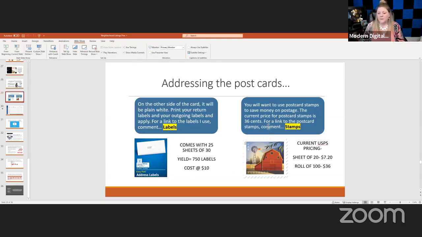Now, most people know that the cost to mail a postcard is a lot cheaper than a letter. It's 36 cents for a postcard stamp. And they've got some really cute ones. I went on the USPS site and grabbed this image. So they currently have this barn stamp. I love it. Maybe you don't care about things like that. Maybe you just want to throw just a random stamp on it, but I think the barn's cute. So you can get a sheet of them, a sheet of 20 for $7.20, or you can get a roll of